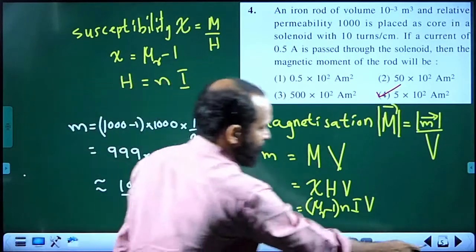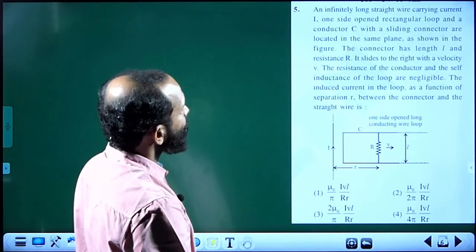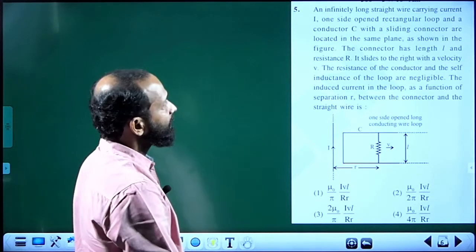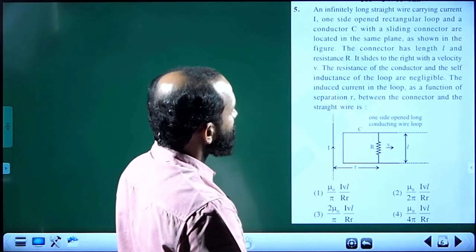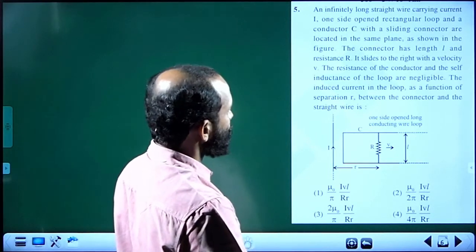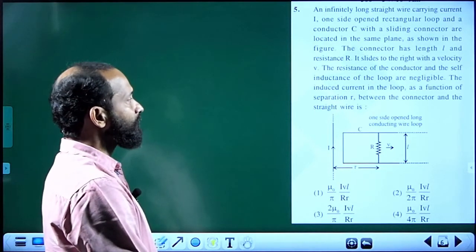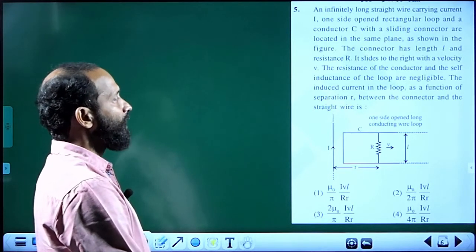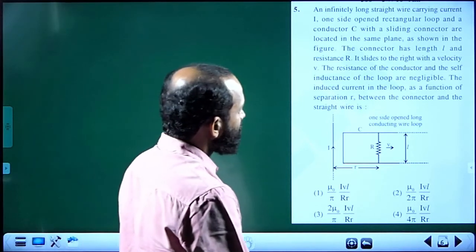Okay, next one. An infinitely long straight wire carrying current, a one-side-opened rectangular loop and conductor C with sliding connector are located in the same plane as shown in the figure. The connector has length L, resistance R, and slides to the right with velocity V as mentioned in the picture. Resistance of the conductor and the self-inductance of the loop are negligible. Induced current in the loop as a function of separation r between the connector and the straight wire is,